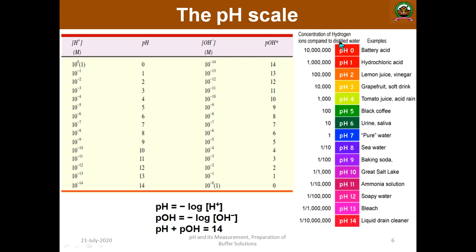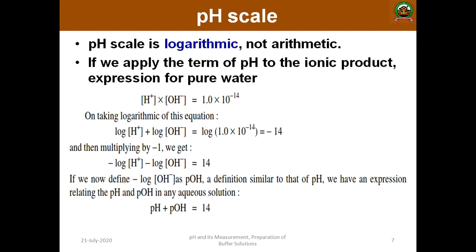This measurement starts from the acidic end, where high acid gives a red color, pure or neutral is blue, and the alkaline end is purple in color. The pH scale is always a logarithmic value, not an arithmetic value. So if you apply the term pH to the ionic product of pure water,